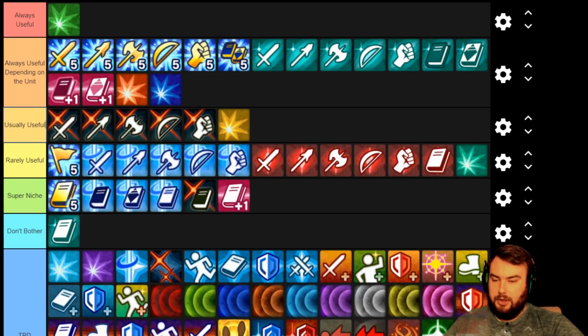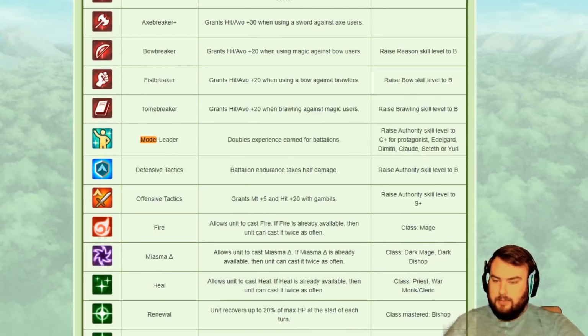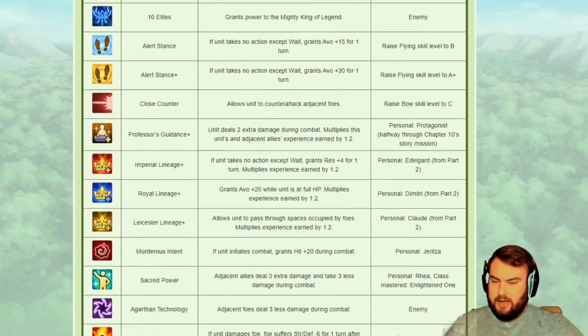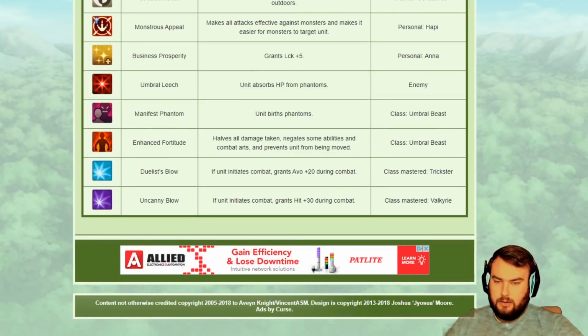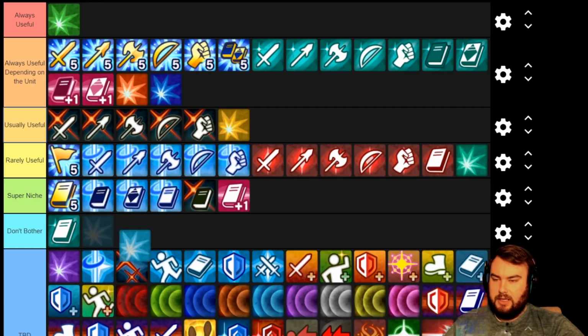Okay, Duelist Blow. Let me check, make sure I don't screw this up. I'm afraid I might get Duelist and Uncanny Blow mixed up, so I'm going to look at them real quick. Okay, yeah, I got it right. So Duelist Blow, +20 evade. I'm going to say usually useful. I think that's similar to Armored Blow, where it's not super great, but it doesn't hurt to have it. And it's going to help your unit be a little more dodgy. This is a great one to pair with Darting Blow,